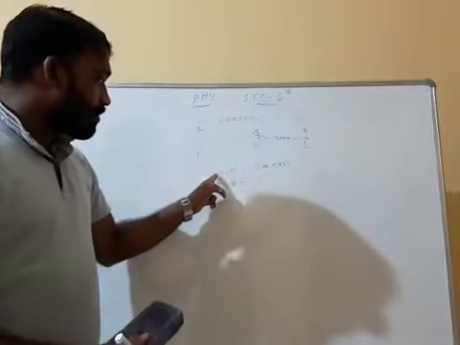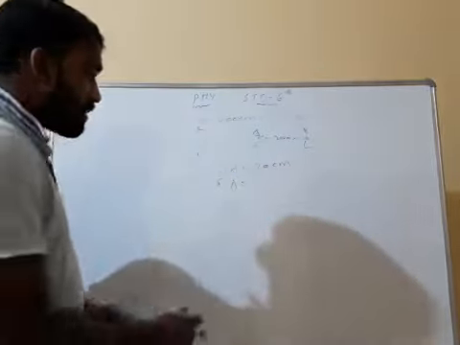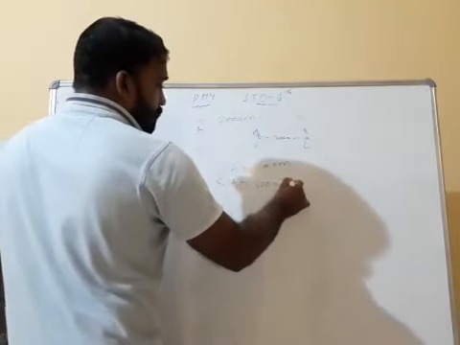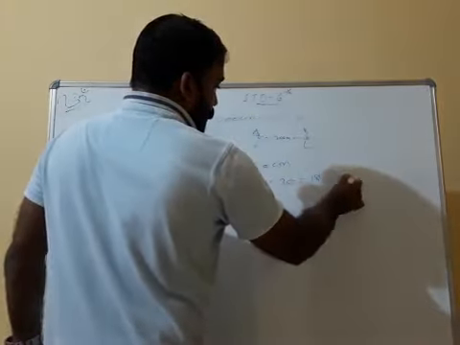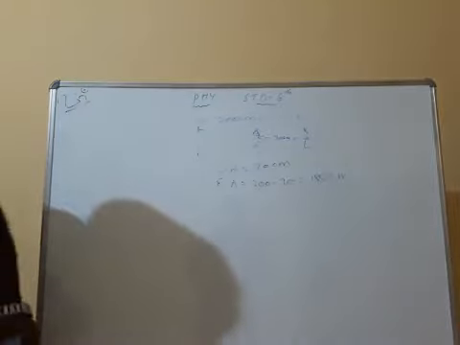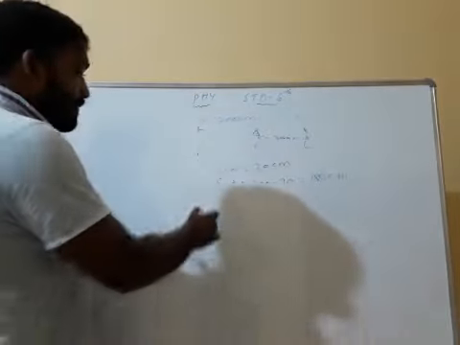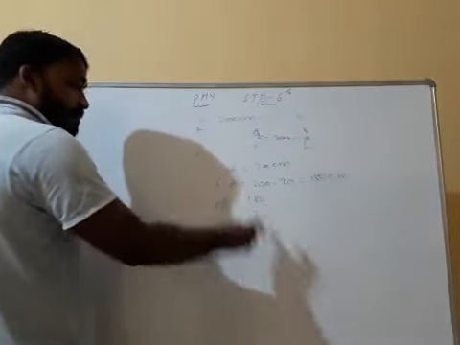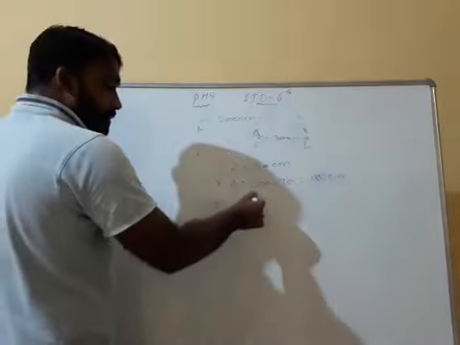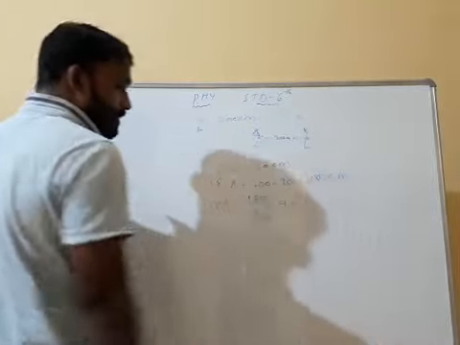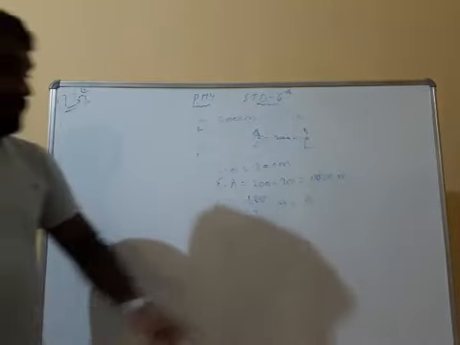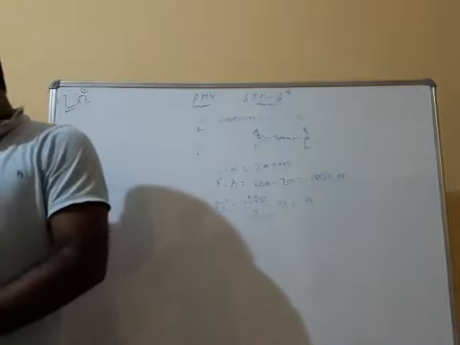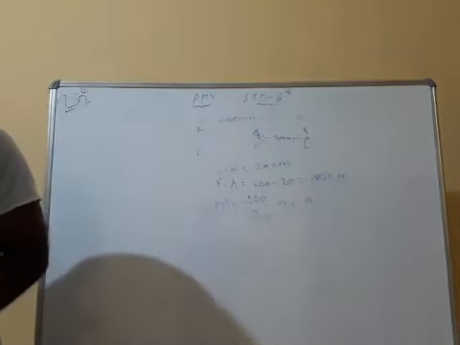Already we know that the load arm is 20 centimeter, which means the effort arm will be 200 minus 20, which is equal to 180 centimeter. Now you have the effort arm and the load arm. Now mechanical advantage is equal to 180 by 20, because it is effort arm by load arm. How much? 9. And mechanical advantage has no unit because it is a ratio. Clear?